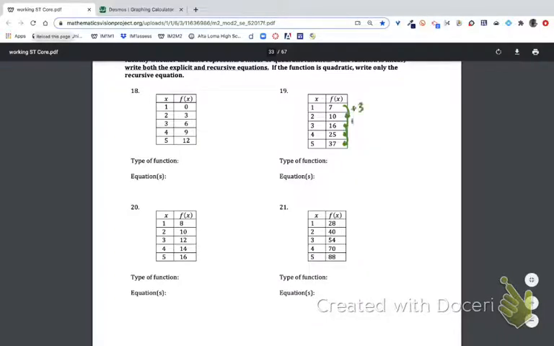So we know plus 3, plus 6, plus 9, plus 12, which means it's not linear. But looking at the second common difference, we know that we have plus 3. So we know that this is quadratic. And the equation, first we need to identify our f of 1, which is 7. So our f of x is going to equal the number right before it, plus our second difference times x, plus